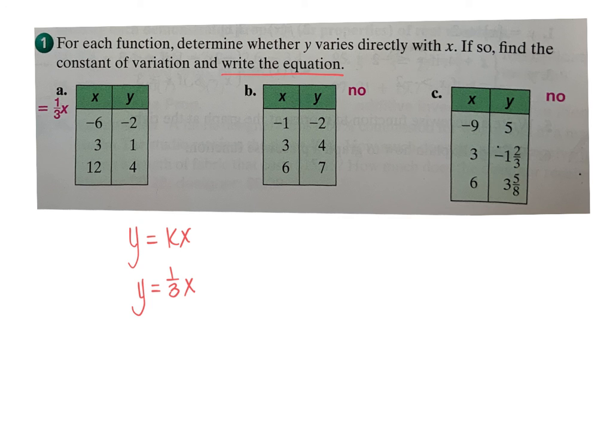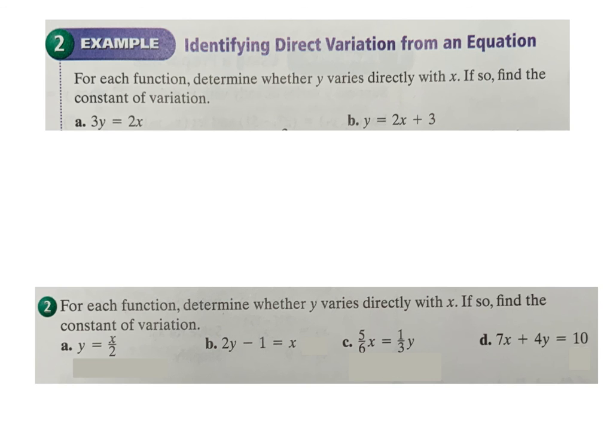All right, let's look at the top of page 73. Example 2, top of page 73. So the first way we did it is they gave us a list of points pretty much, and they said, is this a direct variation? And you figured it out. Now they're actually going to give us an equation, and they're going to say, does this equation represent a direct